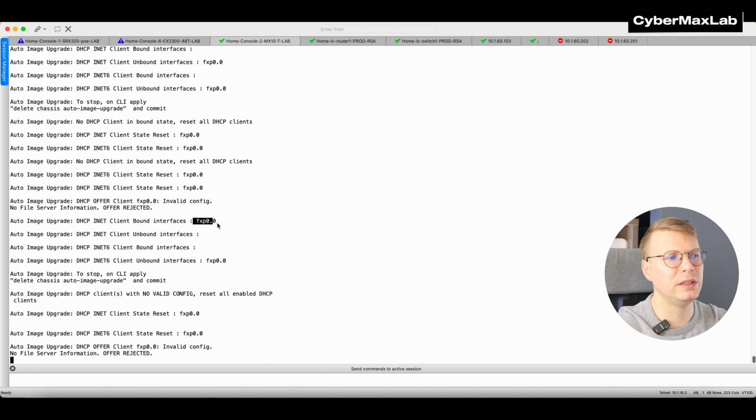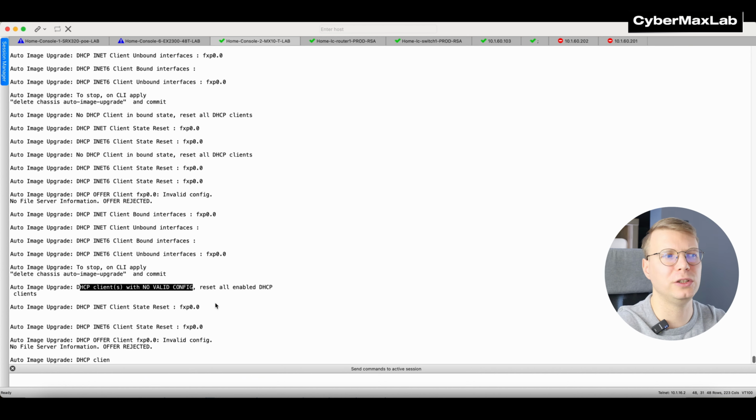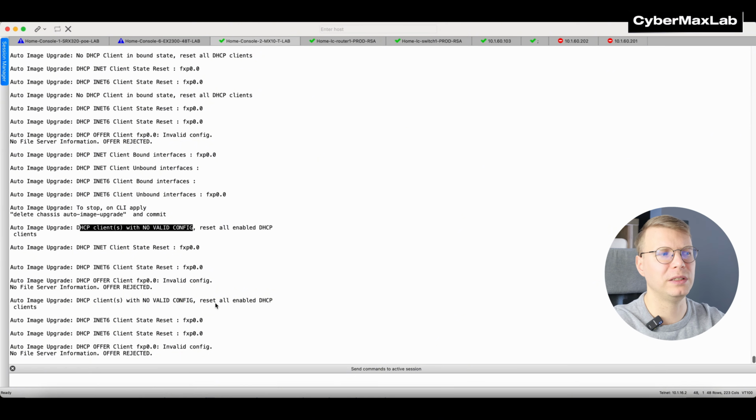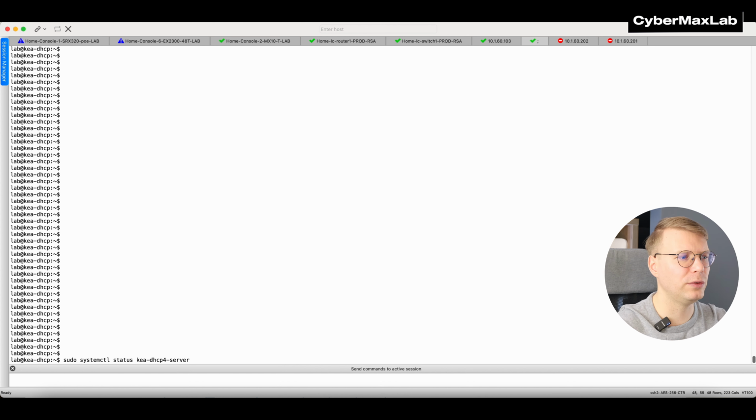It means that this interface was able to get the DHCP address. However, it reports that the client does not have a valid configuration. It means it does not have sufficient options to engage in ZTP. And that's why it just basically restarts the whole process again. So if this is something you see, we need to focus on the DHCP server side and understand why this DHCP server is not providing those options. So let's go to the DHCP server and have a look at